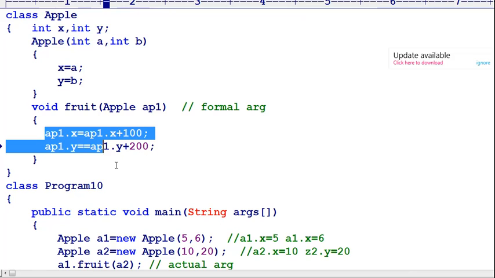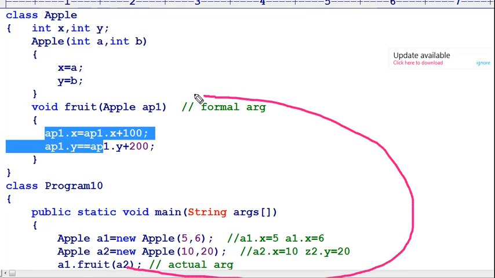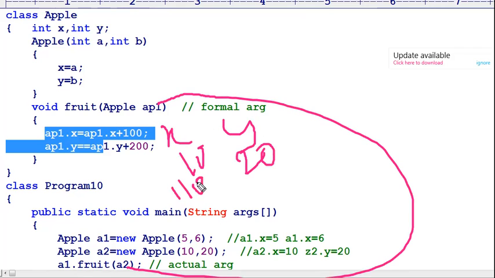Which value is changing? The a2 is passed with x value 10 and y value 20. Now with respect to a1, its value will be changed. Here ap1 dot x becomes 110, and ap1 dot y becomes 220. With respect to a1 dot x, it will become 110, and a1 dot y will become 220, because you are calling with respect to a1.